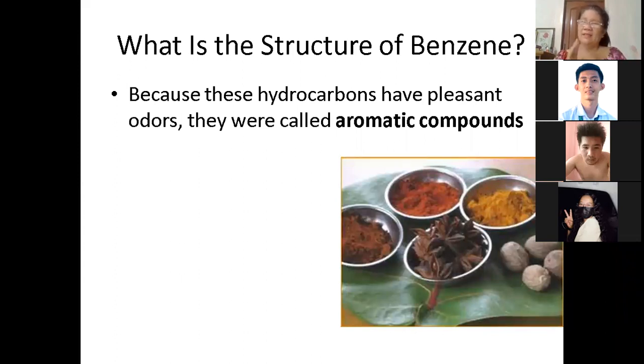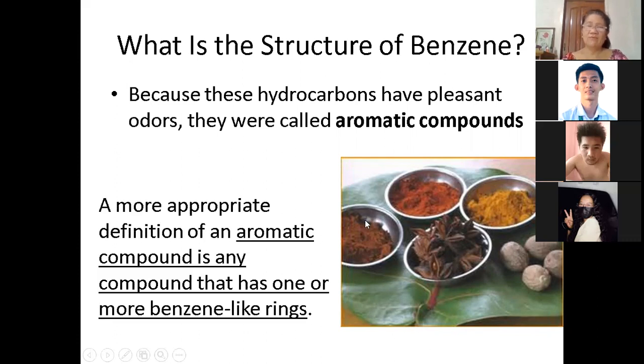That is why hydrocarbons are classified into four: first the alkane, the alkene, the alkyne, and the aromatic or benzene, aromatic hydrocarbons because of their aroma. So hydrocarbons which have a pleasant odor are known as aromatic hydrocarbons or aromatic compounds. Mostly these come from plant sources. That is benzene.